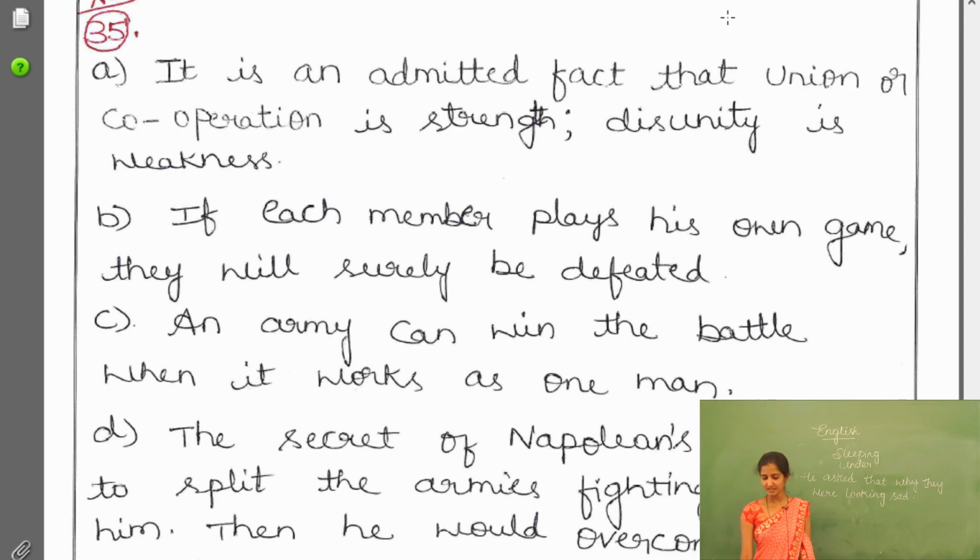The next question is, what was the secret of Napoleon's motto, divide and conquer, divide and rule, right? So what they used to do, they used to divide the people, they used to split the armies fighting against them, and through that they could overcome them one by one. For example, a stick. If you give me one stick, then I will break that very easily. If you give me a bundle of sticks, I can't break it. In this way, Napoleon's motto was to divide and rule, divide and conquer. They used to split up the armies and conquer one by one. This is the motto.